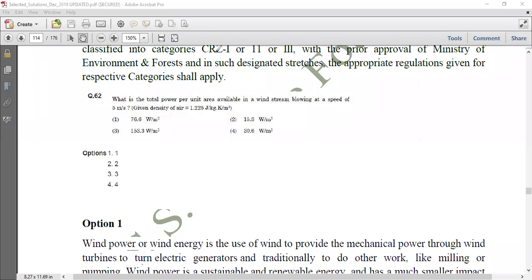Why did I tell you we are not using Cp? We are not using Cp because first, they have not asked about the efficiency. It means that it is 100%, and 100% means 1. Simple. And even if they have not discussed it, then there is no utility of the Cp. So then just put the data into the formula.